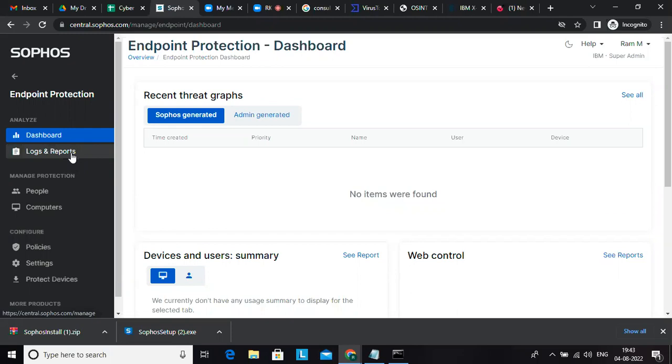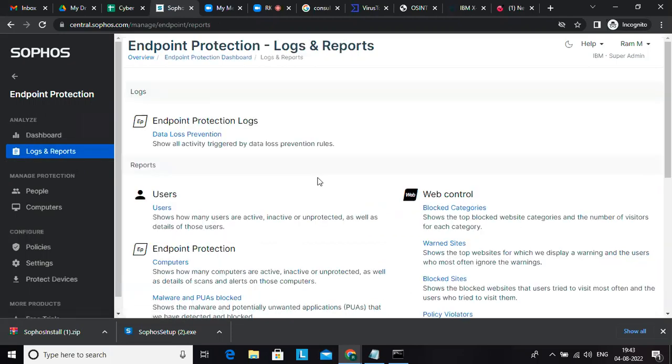And logs and reports will be provided as two types of logs. This we already discussed. One is related to audit logs. What are my audit logs in Sophos? Authentication, yes, excellent. Whoever is logged into the Sophos tool, authentication failure and authentication success, that is related to security and audit logs. Then what other types of logs do we have under the Sophos EDR, other than the audit related logs? One is audit, second one,